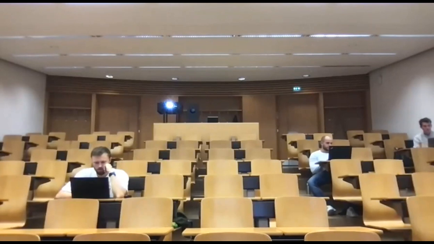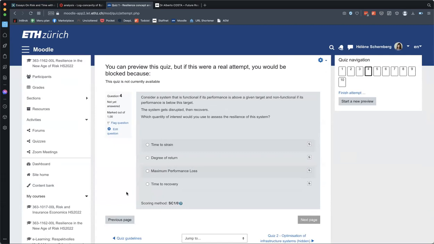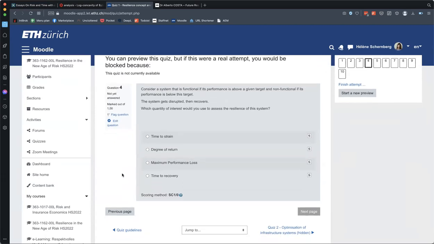Before we introduce the speaker or start the lecture, I want to discuss one question I had about the quiz from last week. I see, correct. Okay, I'll share my screen quickly so you can see what I'm talking about. There was one question about this part of the quiz, about the system functioning in binary fashion: either performance was 1 or performance was 0.